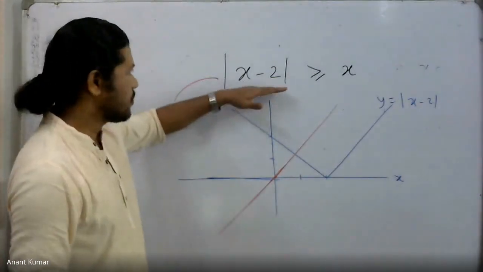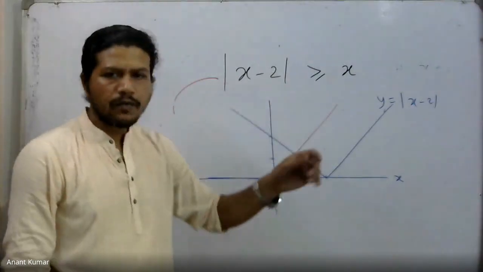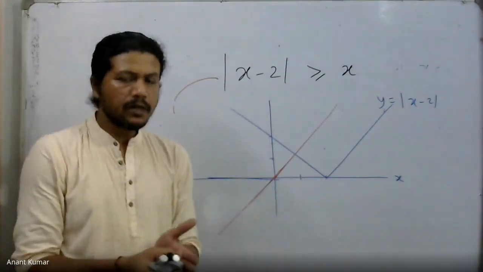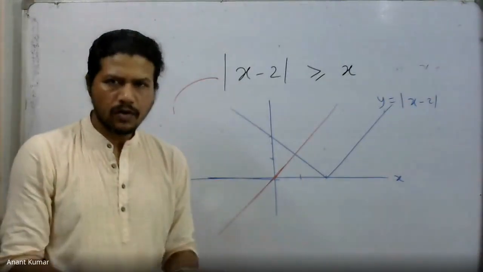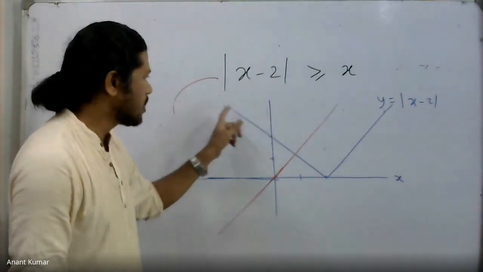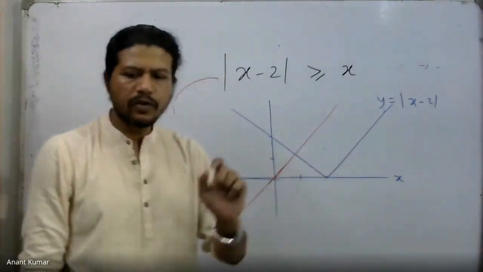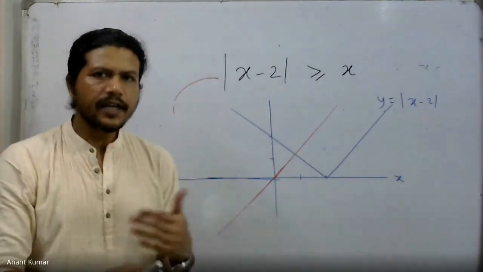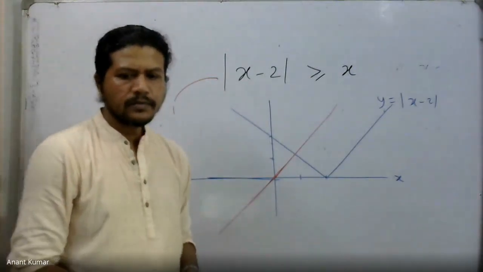Therefore, in this case, for example, when I just draw the graph for y equal to mod x minus 2, I'm going to get a V-shaped graph, but the corner point is going to be x equal to 2 because it's mod of x minus 2. That's why the graph is like this. Whatever value I obtain for mod of x minus 2, I assign it to the y coordinate.